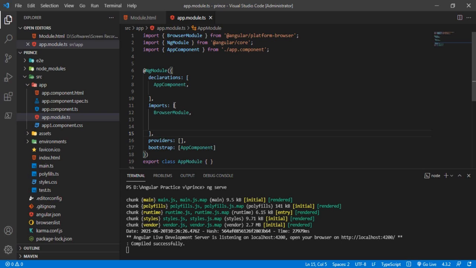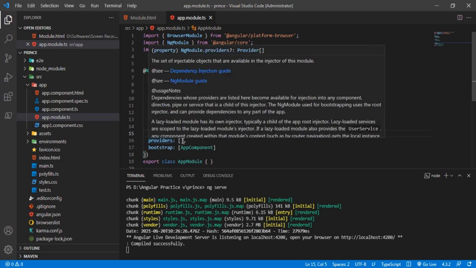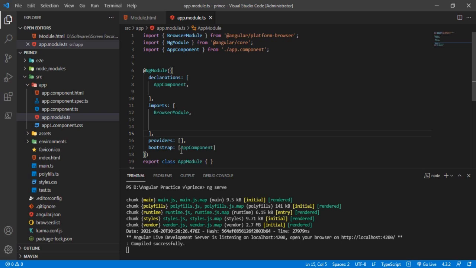And imports is a property in which we can import a child module or the core modules which are present inside our Angular project. In upcoming videos I will show how it works properly. And inside providers we register the services. And bootstrap is the property which will make our parent component the starting point of the page.